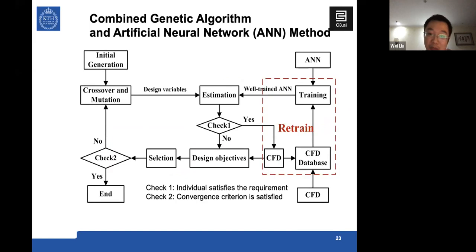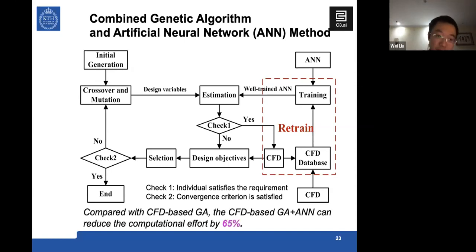But of course, we can integrate the ANN model, the surrogate modeling, with an optimization algorithm. For example, we can integrate the genetic algorithm with the ANN method. It is very straightforward. We just replace the CFD by the trained ANN, and compared with the pure genetic algorithm, we can reduce computational effort by about 65%. This is because